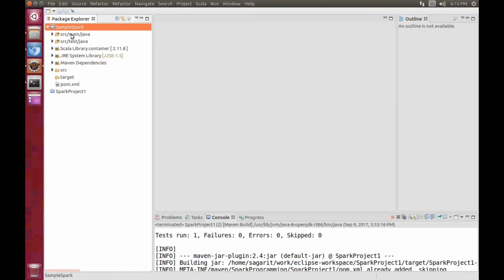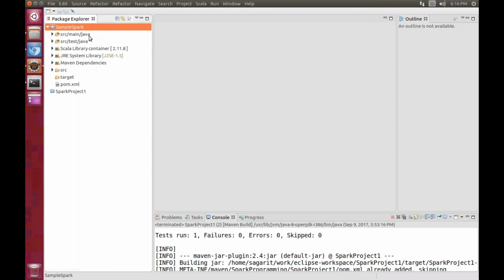Okay. Now, when we create a Maven project, it will by default be created for Java applications. That is the reason we could see this hierarchy of folders: src main java, src test java. That is, this Maven project is created for a Java application.